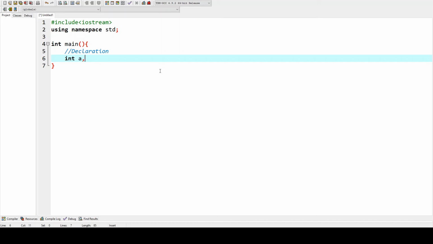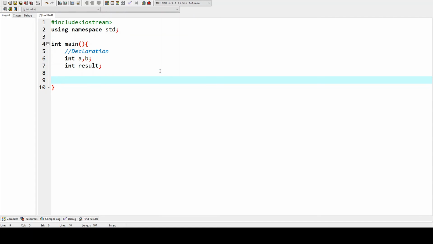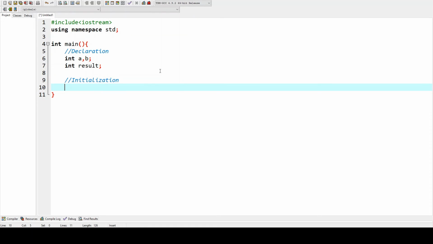We need to declare the variables a and b, and then the variable result. And then the next step is initialization. We need to initialize the variables. We use the input value from the user, so